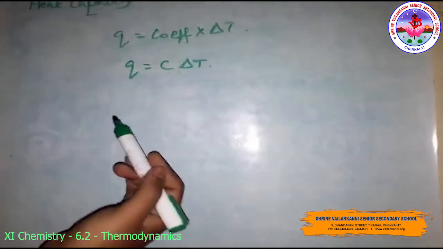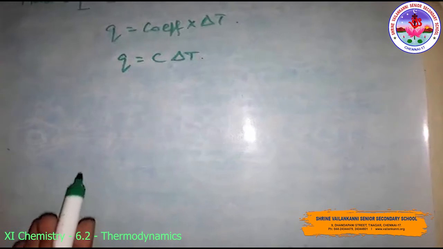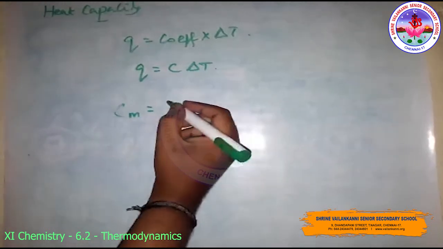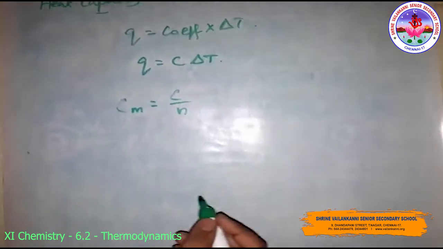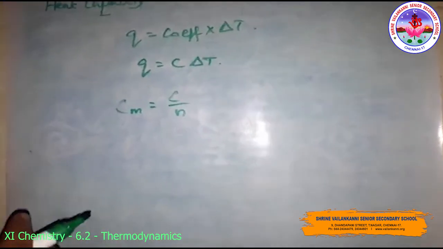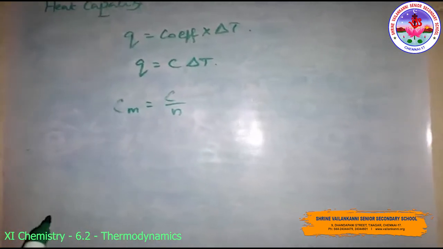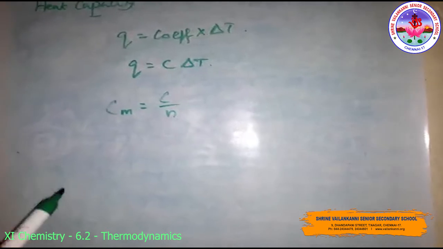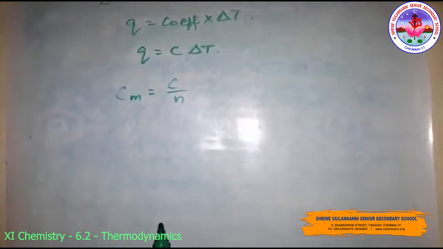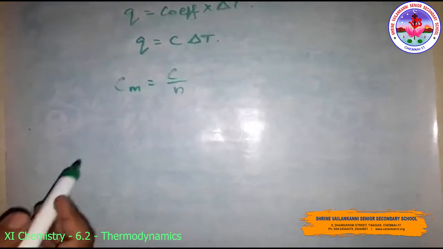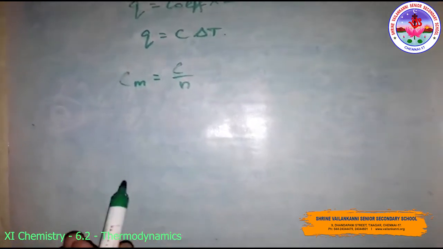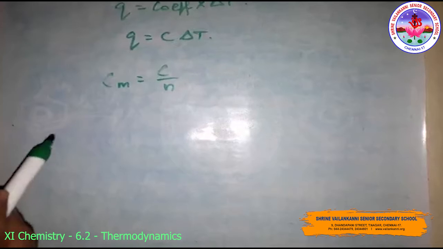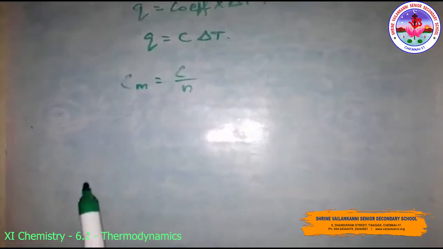So here C is directly proportional to the amount of the substance. So the molar heat capacity of the substance is equal to what? Cm, molar heat capacity, is C divided by n. It is the heat capacity for 1 mole of the substance, the quantity of heat needed to raise the temperature of 1 mole by 1 degree Celsius or 1 Kelvin. The specific heat, also called specific heat capacity, is the quantity of heat required to raise the temperature of 1 unit mass of a substance by 1 degree Celsius.